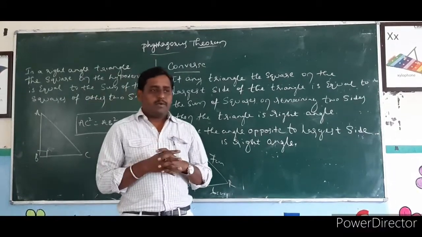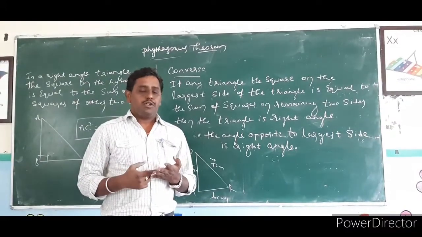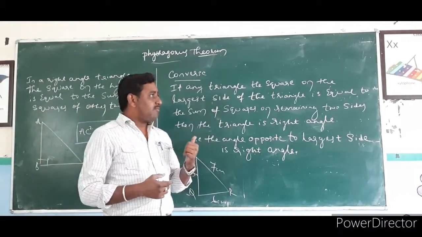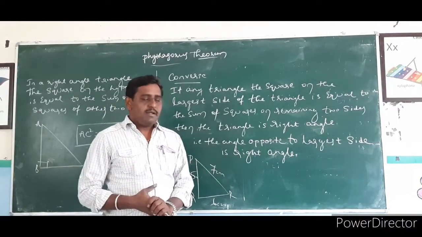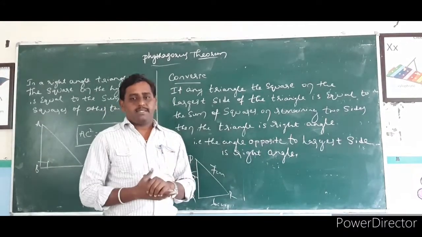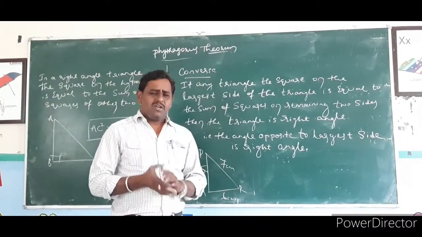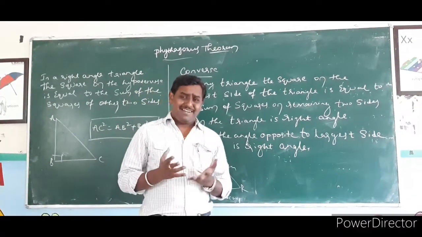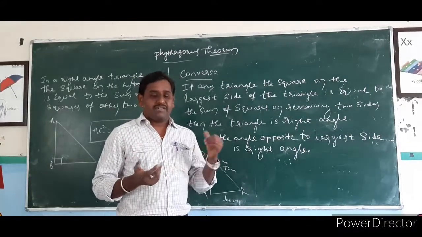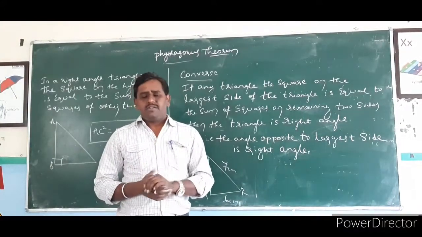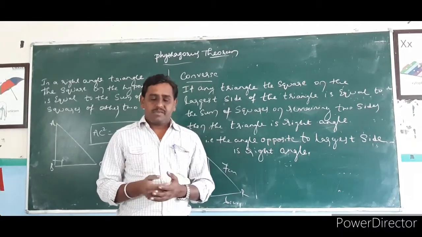So till now in our geometry, we finished two chapters, that is triangles and midpoint. The next chapter is Pythagoras theorem. In today's class, we discuss the meaning of the Pythagoras theorem and the converse part of the Pythagoras theorem. You already know the Pythagoras theorem from 8th standard, but what is meant by the theorem and its converse is a new part this year. Some simple application problems on this chapter we will solve in this class.